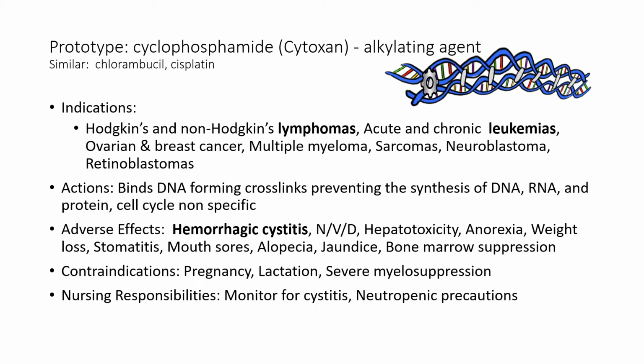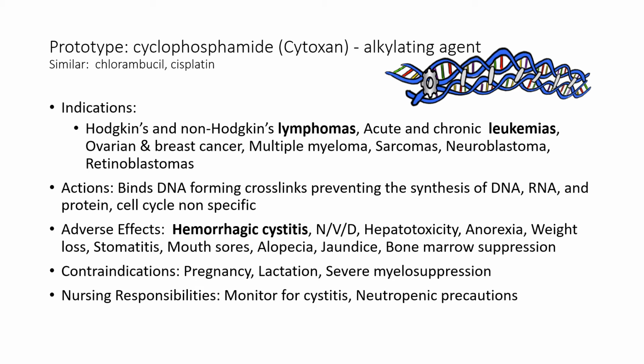You've lost your appetite. Stomatitis, well, that goes with the nausea, vomiting, and diarrhea. You have oral ulcers and you have inflammation in your mouth. Hair loss, very common with chemotherapy drugs. Jaundice is because of the hepatitis that it causes, and you have bilirubin in your bloodstream, making you look yellow. Bone marrow suppression, again, a very common side effect of chemotherapy drugs. But look at this, the one that stands out, and you won't see it with other chemotherapy agents, and that's